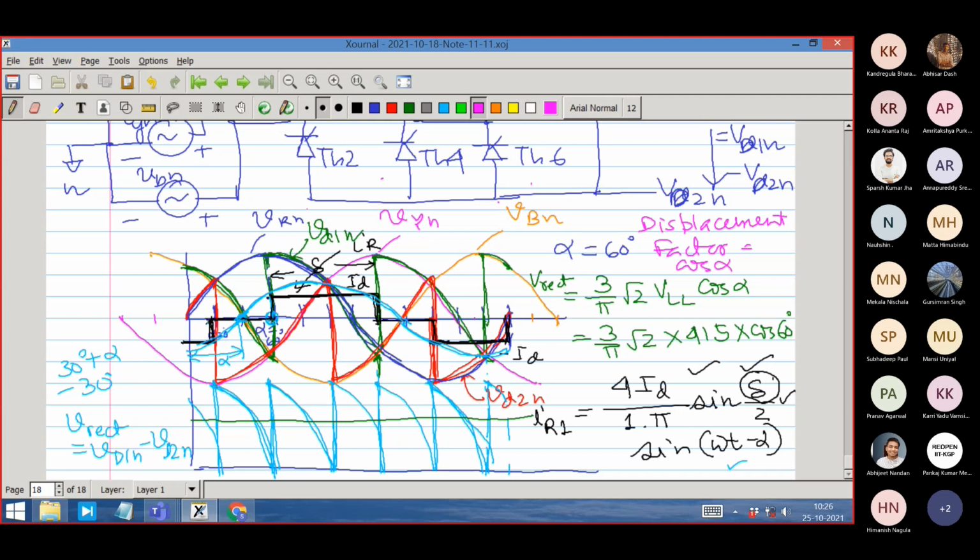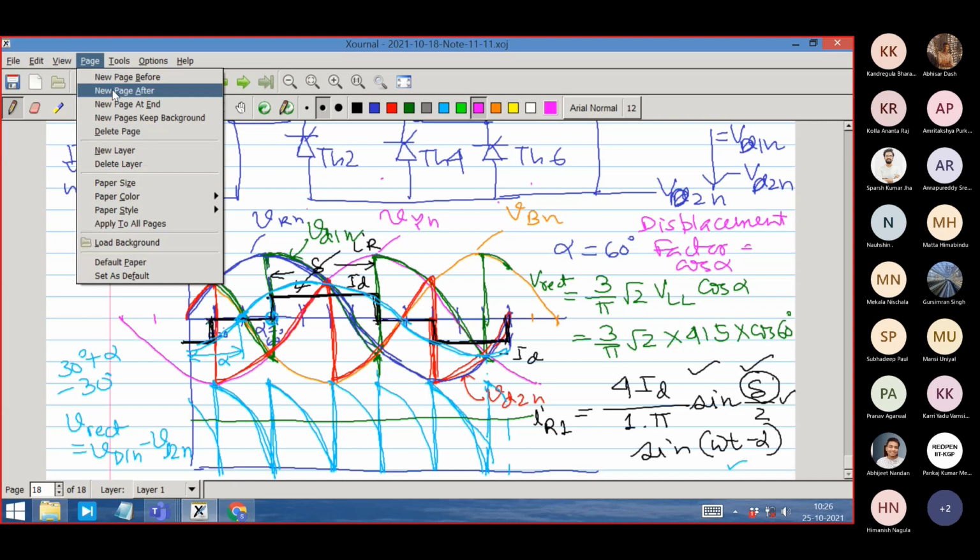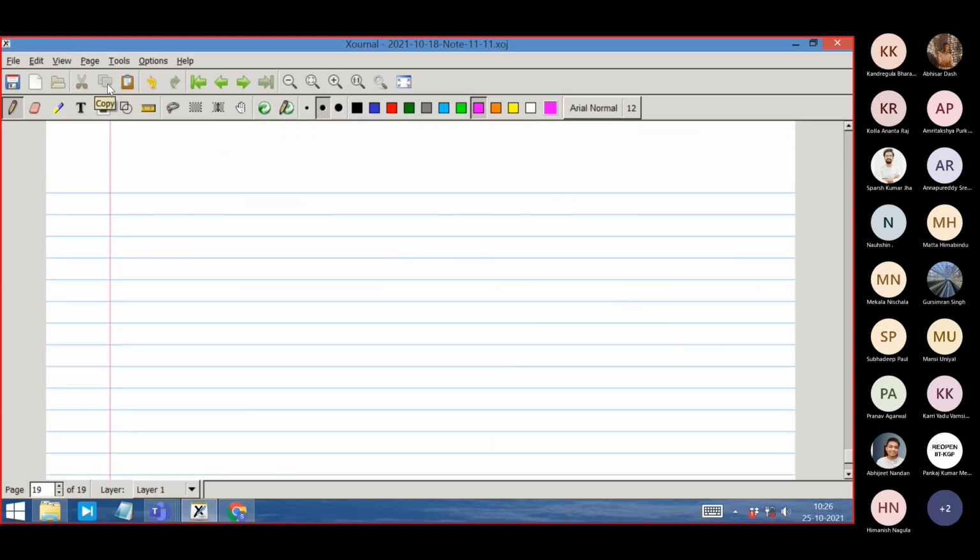Let's do one more thing to show that we can get both positive and negative voltage from the thyristor converter. Negative voltage may be required for reverse power flow, when the voltage is negative but the current is positive. So let's do a firing angle greater than 90 degrees, because as per the formula it is a cos alpha function. Alpha has to be greater than 90 degrees in order to get a negative rectified voltage.